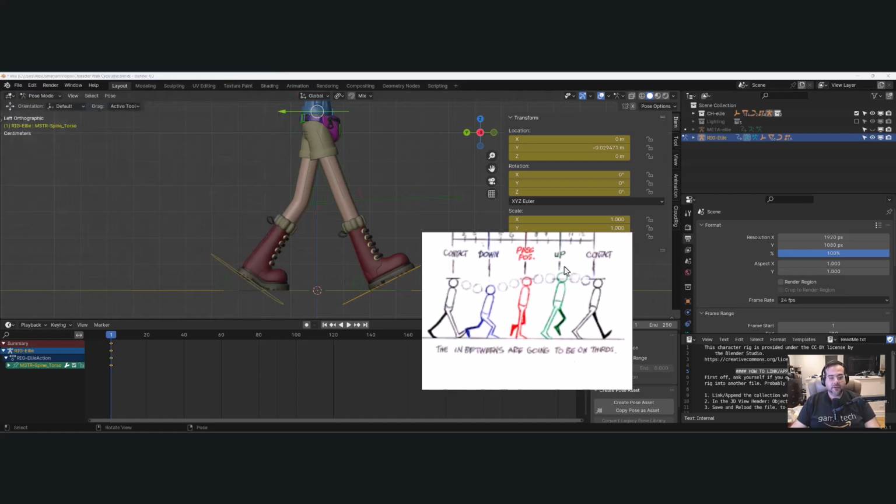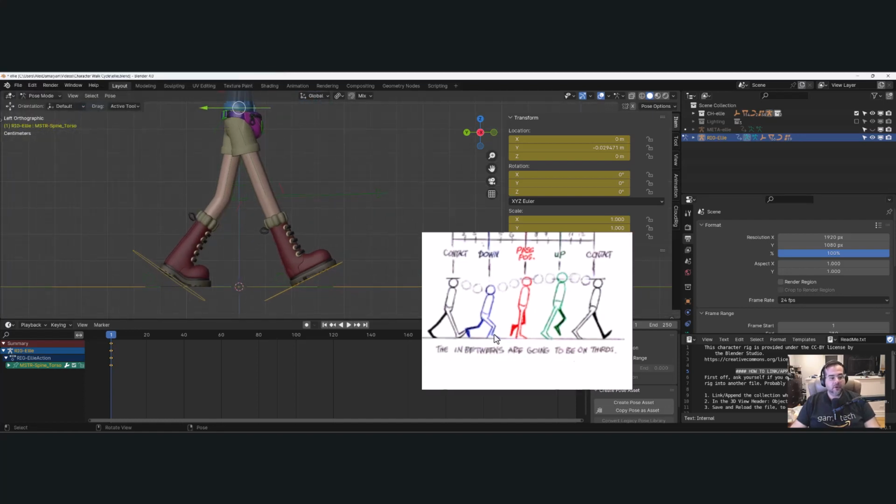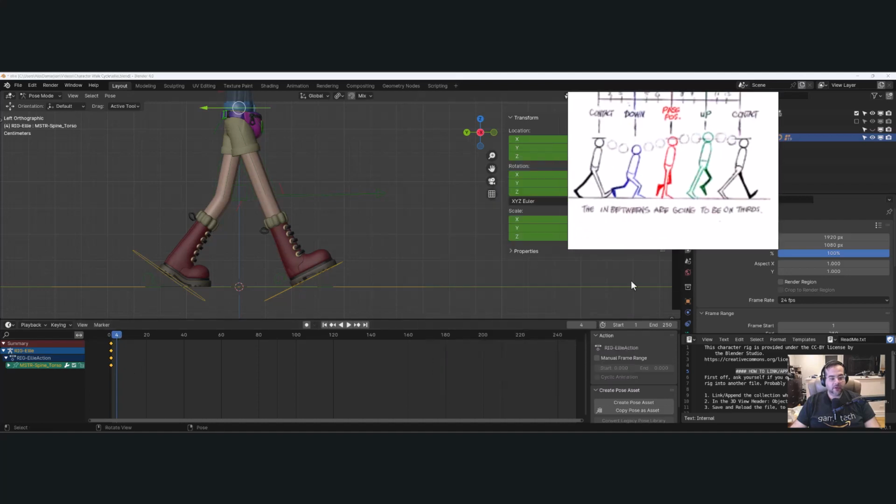All right, so let's go to the next pose. Now, when you're going across a surface, that foot goes flat. So I'm just going to hold Alt, and I'm just going to scroll my wheel down to 4, or you can click on 4 here, or you could type a 4 here. And also on the end frame here, you could leave it at 250. I'm just going to go to like 30 for now,